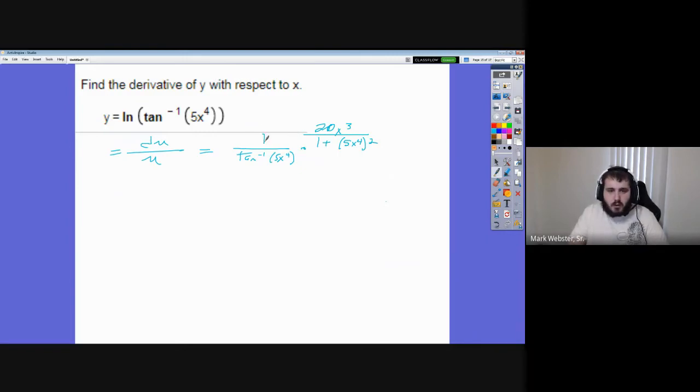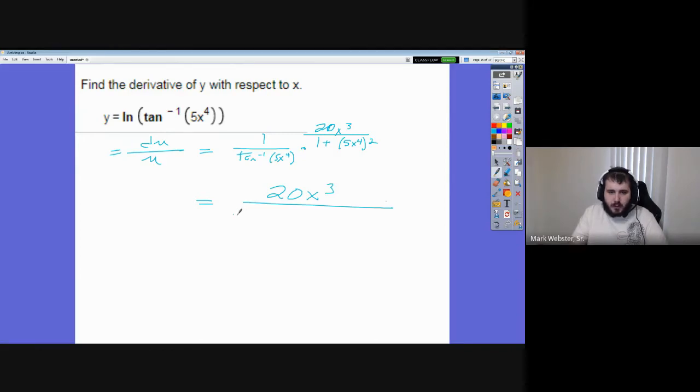So this technically all would go in the numerator, but remember, if there's a denominator and a numerator, you can just take that and throw it down to the denominator. So I can just rewrite it and multiply the tops here and multiply the bottoms here and get 20x cubed